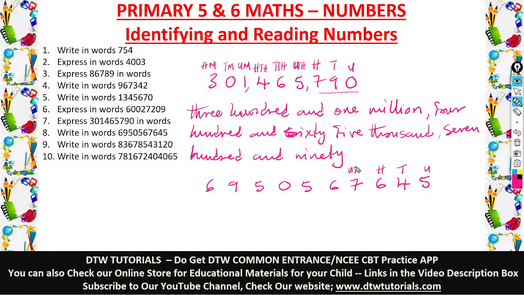This is your units thousand, this is your tens thousand, this is your 100,000, this is your units million, this is your tens million, this is your hundreds million, and this is your units billion. All right, so we're going to start from this. So this will be